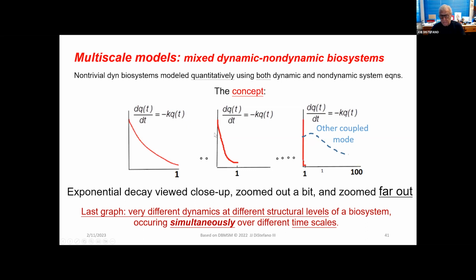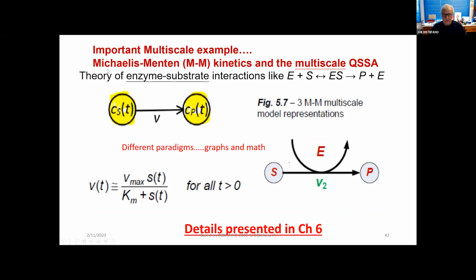But mostly, this is about the concept. And this is hard. And I introduce it with respect to Michaelis-Menten kinetics, which, of course, is multi-scale until you take the quasi-steady state approximation here, and then it's not stiff anymore. Yeah, it's multi-scale inherently, but it's not stiff anymore.